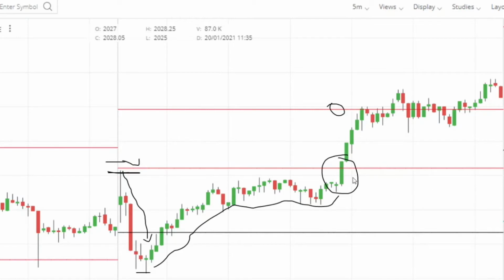So you would have entered here with a stop loss below the support line or below the Marubozu candle, and you would have got a wonderful 1:2 profit with this Marubozu candle formation. So you have to always keep a stop loss, because trading is a probability. There might be a chance that this candle might reverse and hit your stop loss, and you will go with a small loss. And whenever you do make profit, you should always go with good profits. So this is how you can trade the Marubozu.